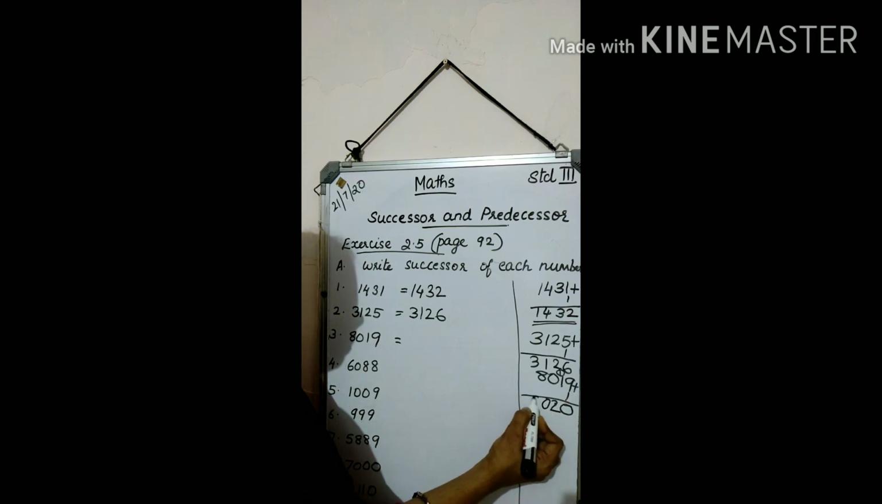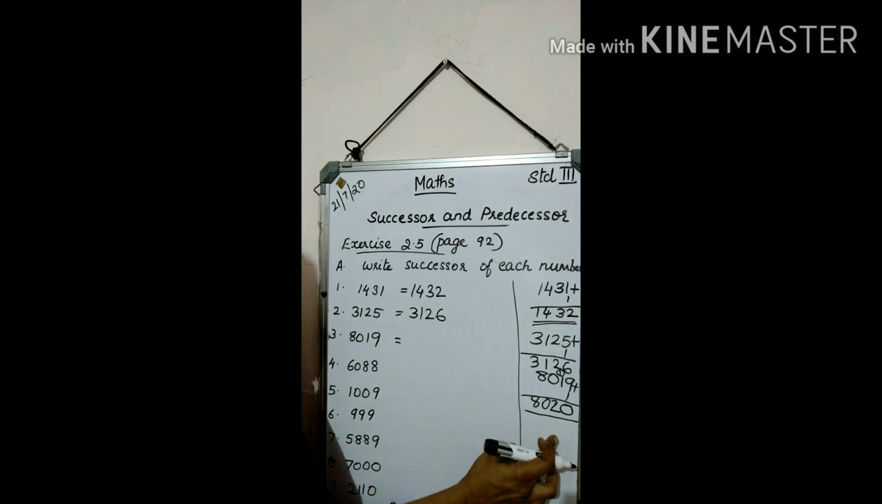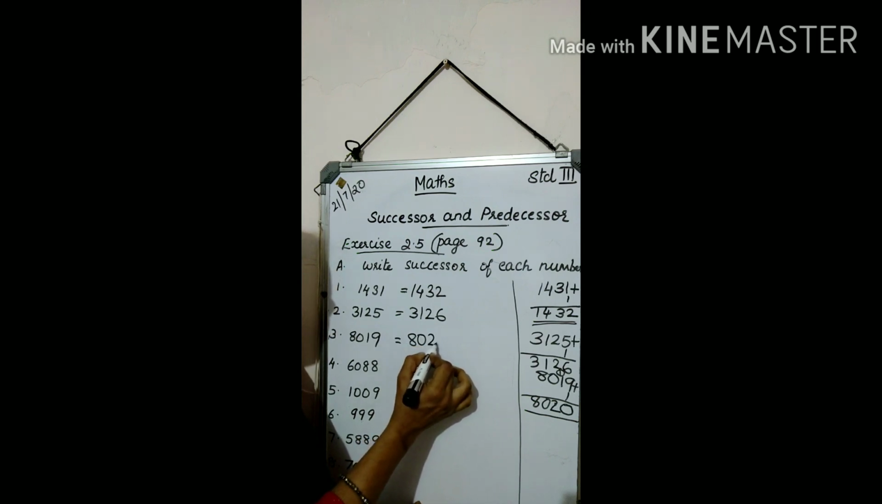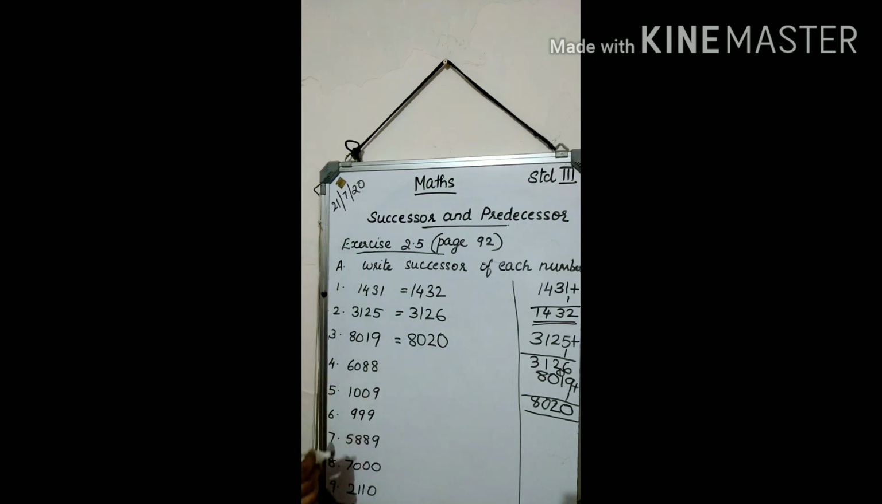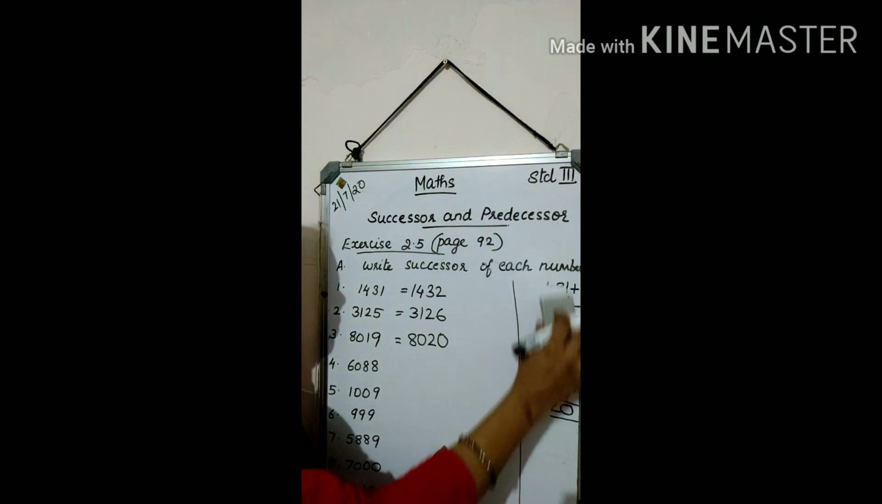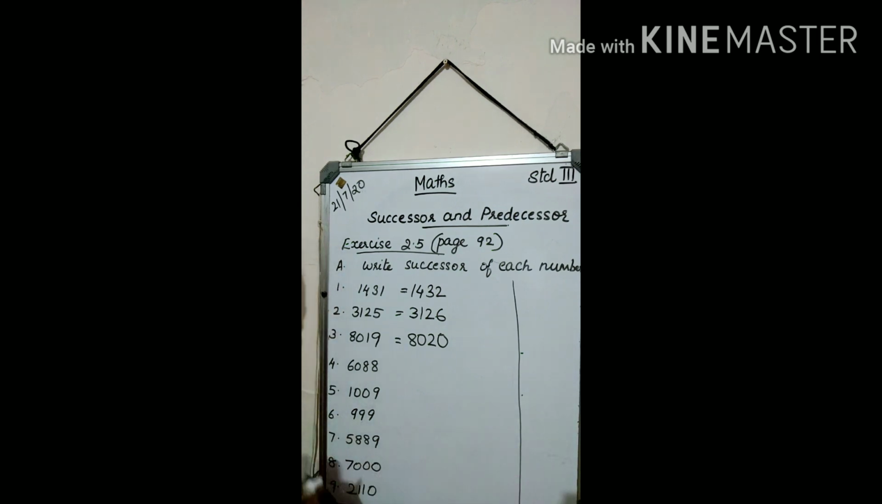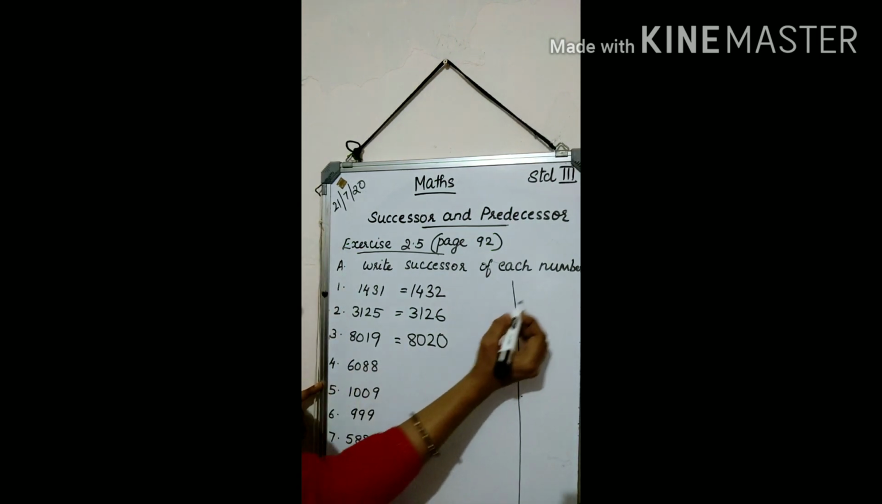0, 8. So the answer is 8020. Then look at the fourth question. Fourth question, 6088